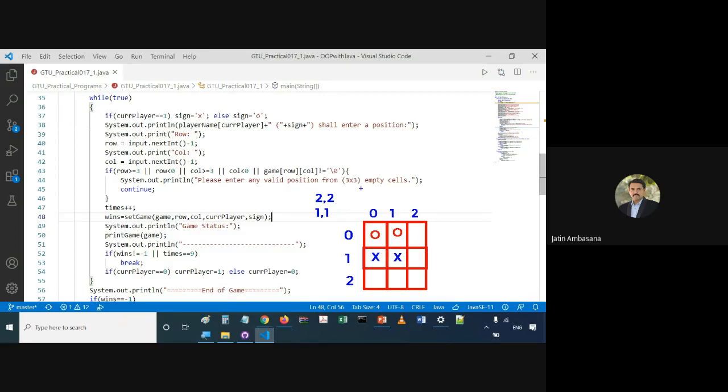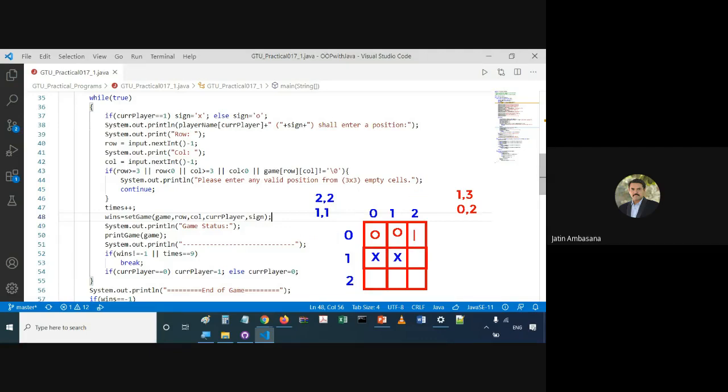So what will O do? O will enter the number as 1 comma 3, which is equivalent to row number 0, column number 2. That is this one and this one.